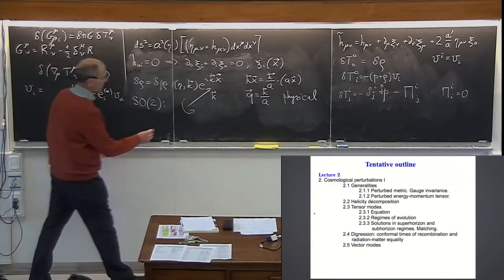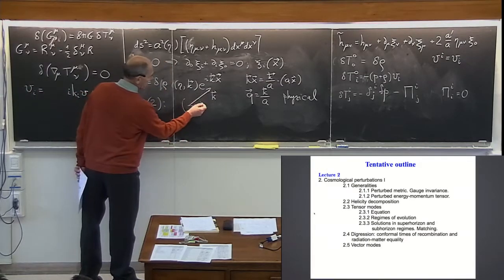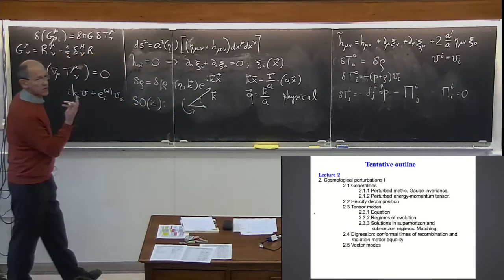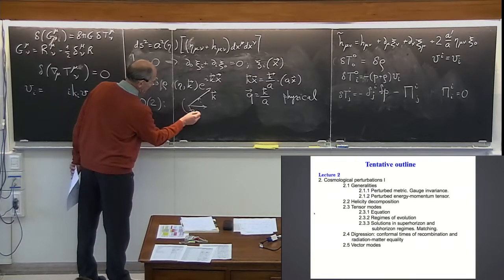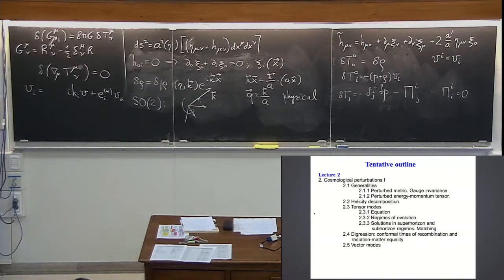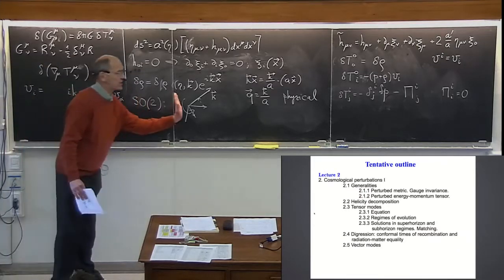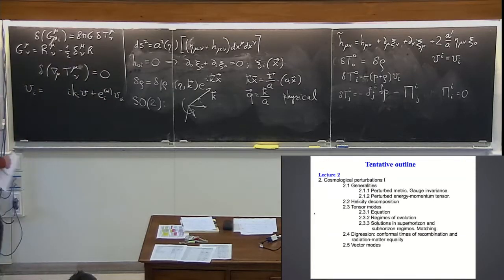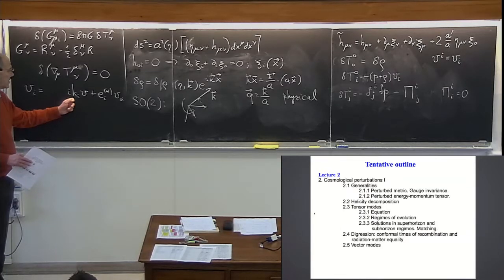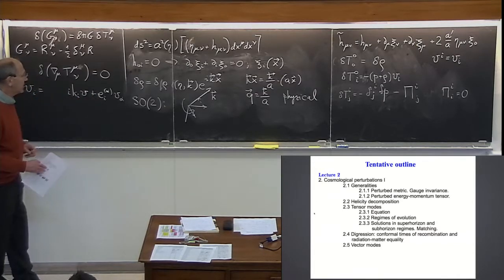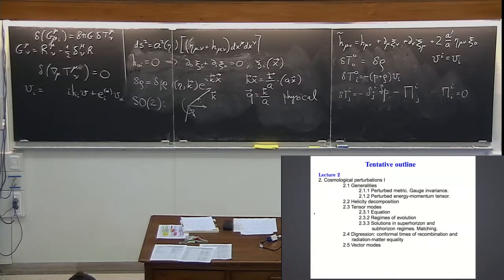So an arbitrary vector, velocity, you decompose into a component along the momentum, which is a scalar with respect to rotations, and you decompose it into the vectors orthogonal to the momentum, and these rotate as a vector in the plane perpendicular to this momentum, right? So that's the helicity decomposition of a vector. You have a scalar part, v is a scalar, it doesn't rotate, and this is a vectorial part, helicity 1. Okay.